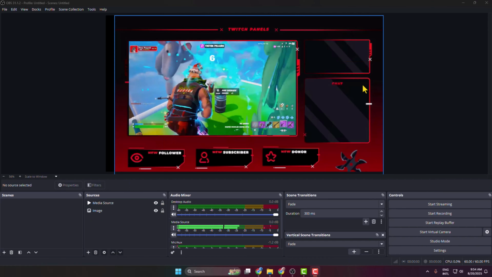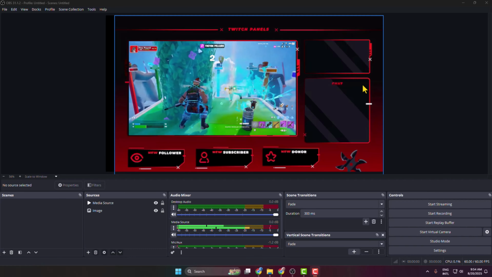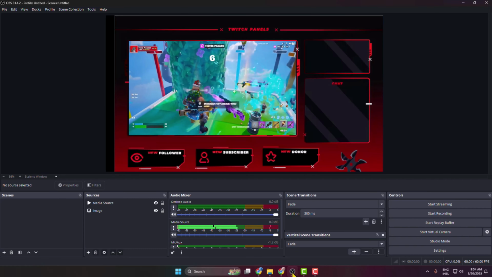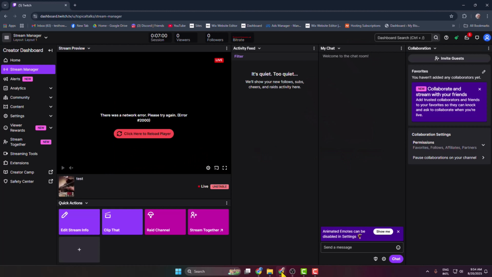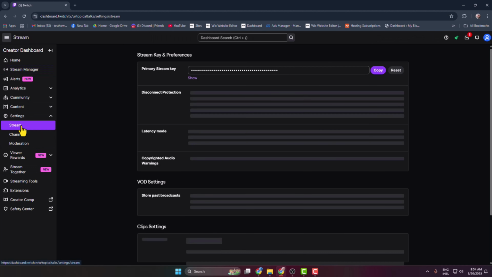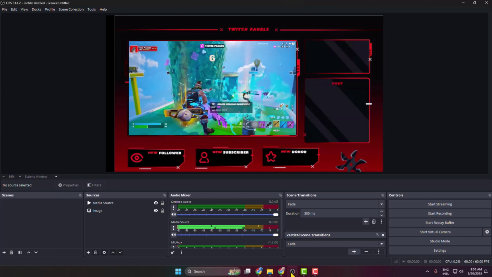And now let's see how to add your Twitch and Kick or Facebook live chat to your OBS. So first of all, go back to your Twitch or Kick or Facebook live stream dashboard. And here I'm going to settings stream and copying the Twitch stream key first of all and going back to